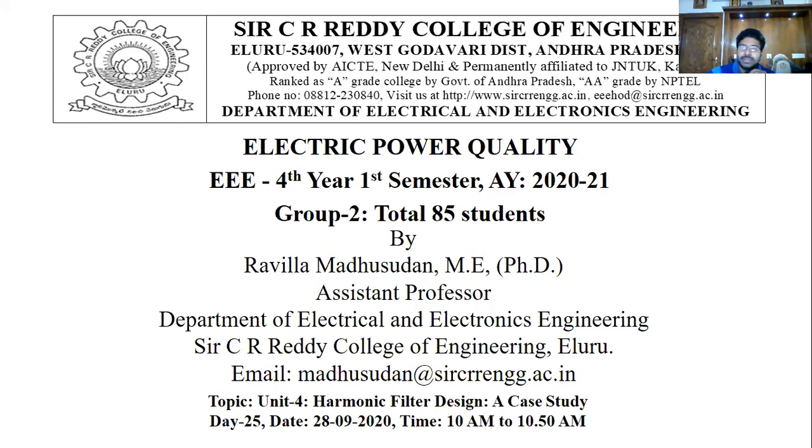At the same time, you want to know how much load it is, 1000 kVA, 12,000 kVA. Then what are the system parameters? What is the transformer rating? What are the transformer losses? What is the impedance of the transformer, and all of those things? This is nothing but the system parameters. You can simply call it system parameters. Then you can easily design a harmonic filter.